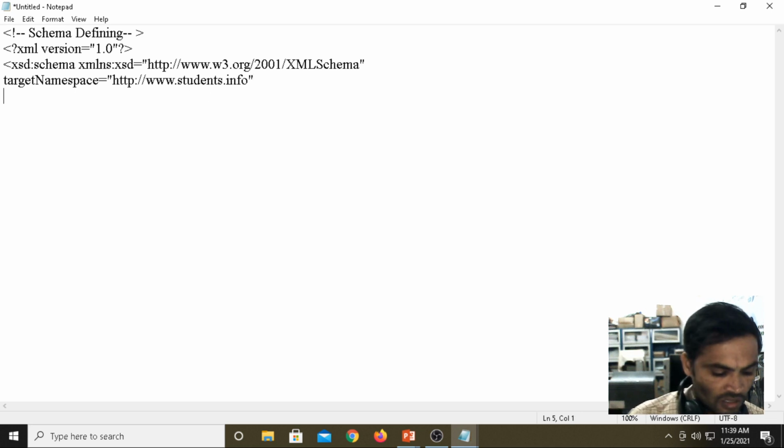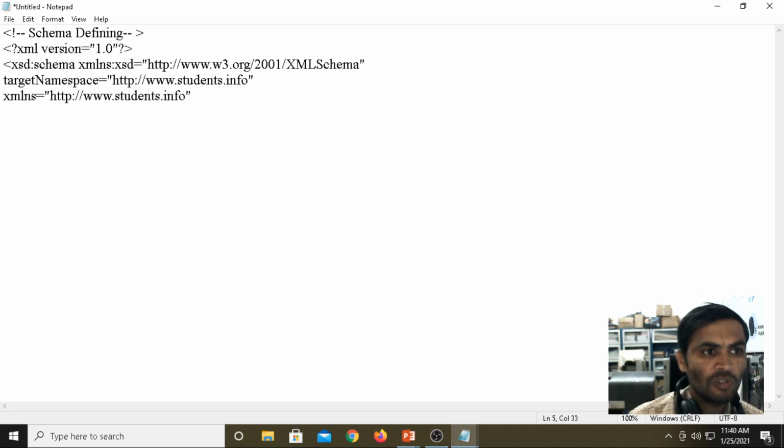Now I am writing the XML namespace, http://www.student.info. Under the root element of schema, we have the attribute target namespace.